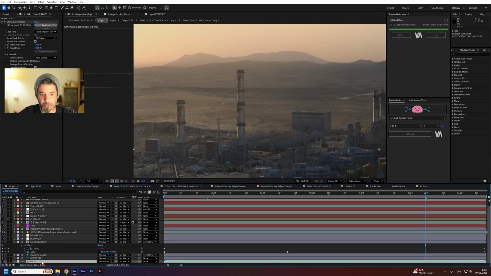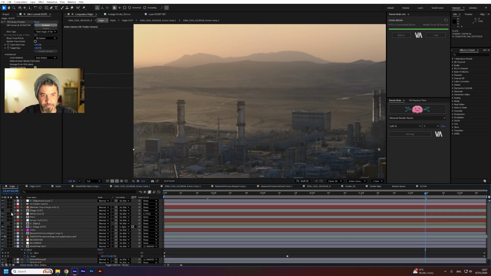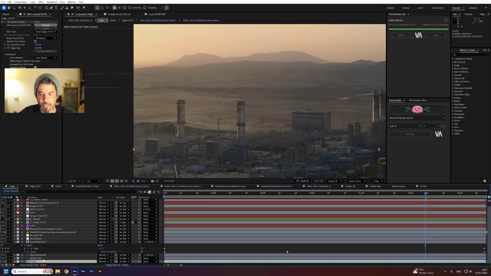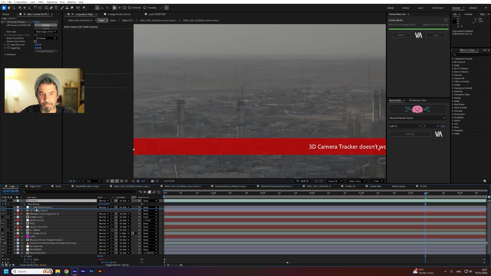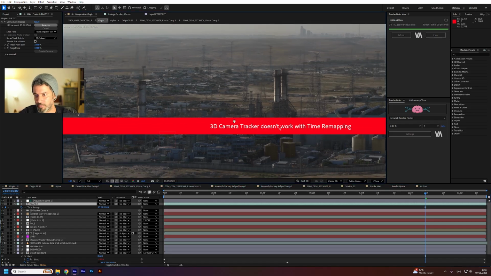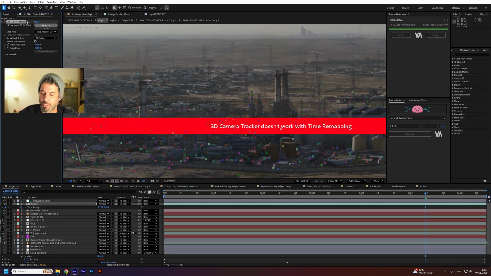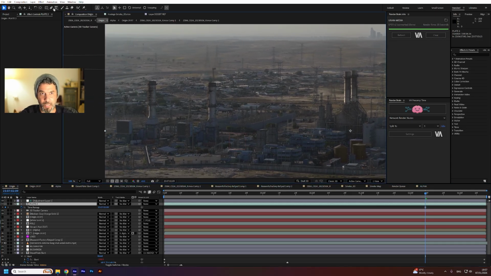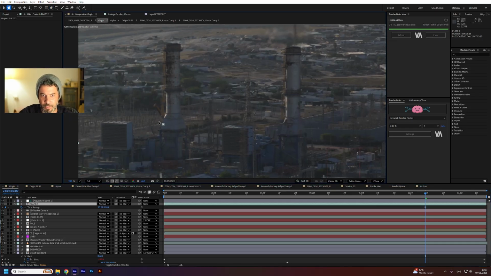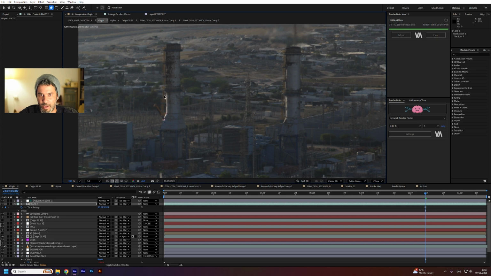So I just took this plate. I'm going to turn this layer off. I'm going to duplicate the plate, place it above, and freeze it. Time and freeze frame. Place it below, and to remove this banner, I'm just going to delete the 3D camera tracker from this layer because we actually don't need it. And I'm going to create a mask around this element, this chimney,